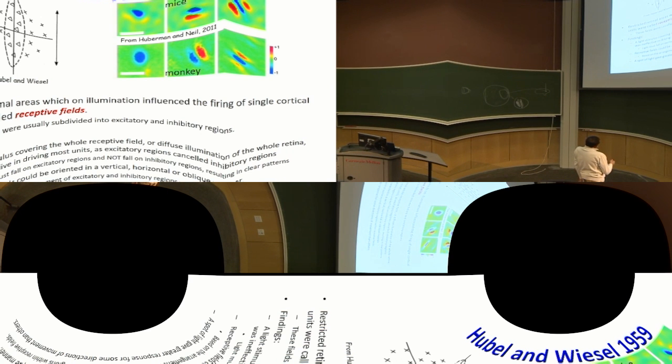So here are the kinds of responses that they actually found. This was mice, monkeys, these are all later research. But basically, if you took a spot of light and bounced it around on the retina,